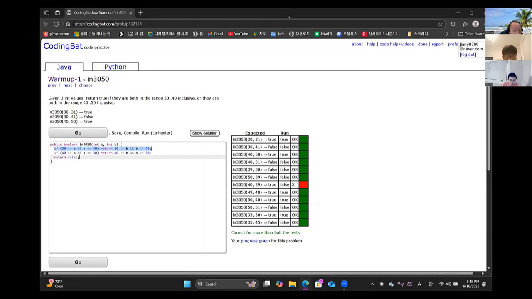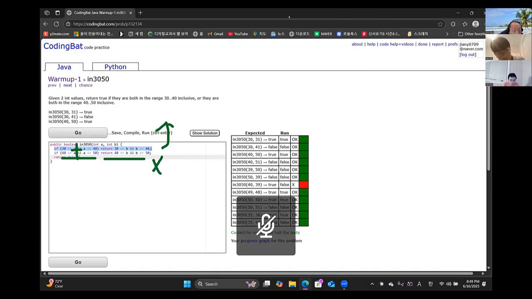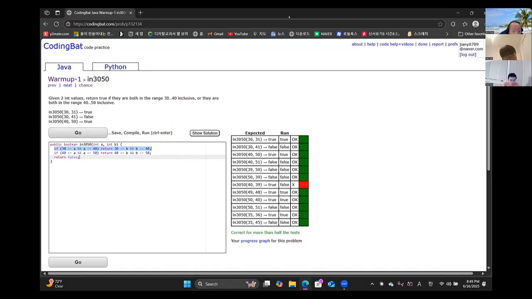What's wrong is that you have A correct. Then you check B. If B is not in the 30 or 40, you already return false. You may have both of them be 40, 50, but you don't check it because your A is in the 30s, so you actually go out of here. I mean, this is not going to work, okay? So let's see, you may want to do